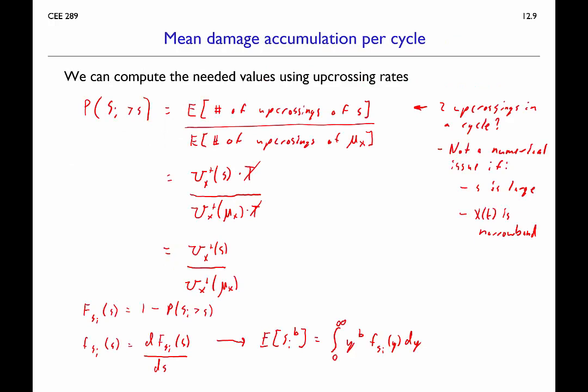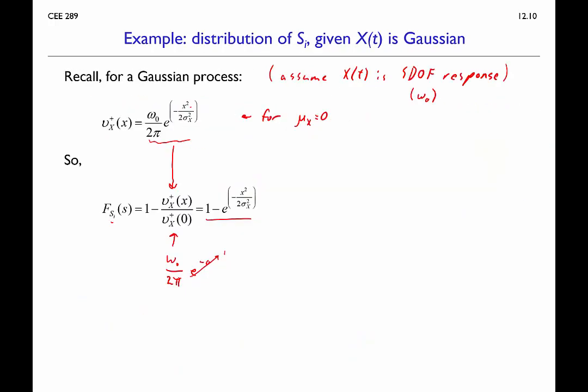S. Ooh, and I've got a little bit of a notational hiccup back and forth here. So let's substitute this in a little bit. S and X are equivalent in this case. So S is the threshold we're interested in. So let's make this the rate of upcrossings of S here. And so the only thing we have to do is plug in an S in the numerator, and then sigma squared on X. That's the variance of X,